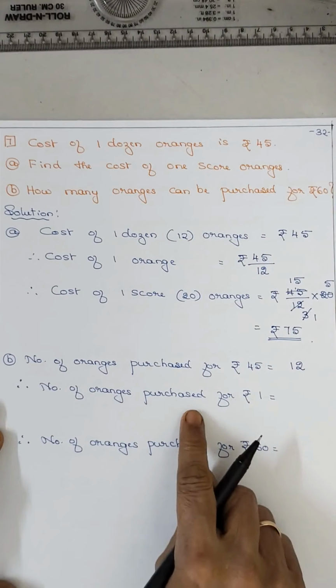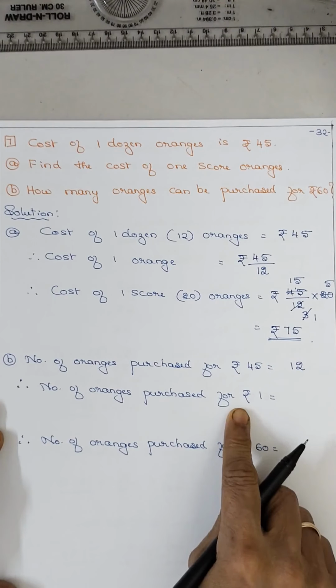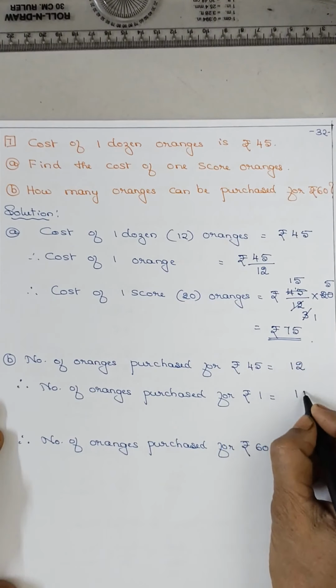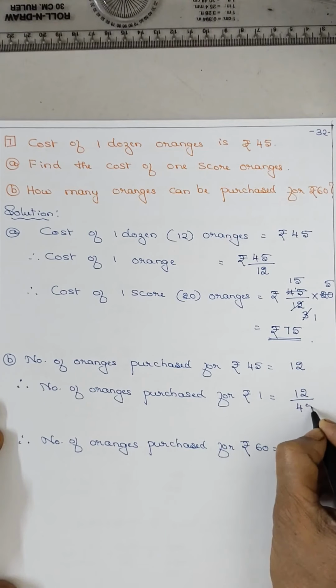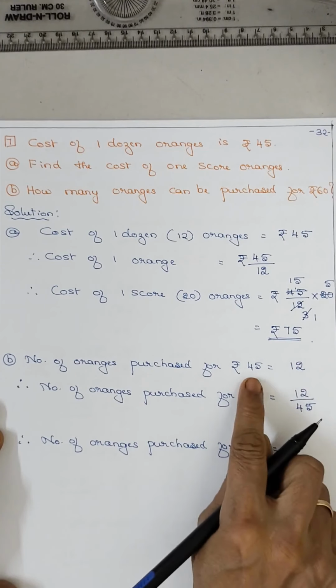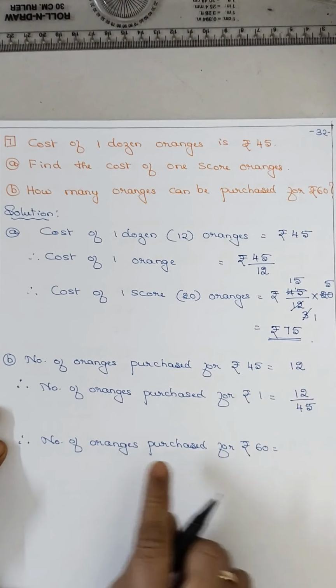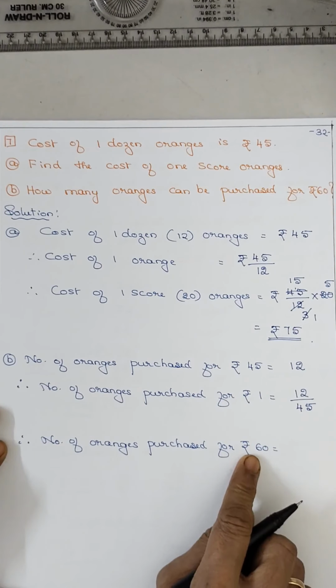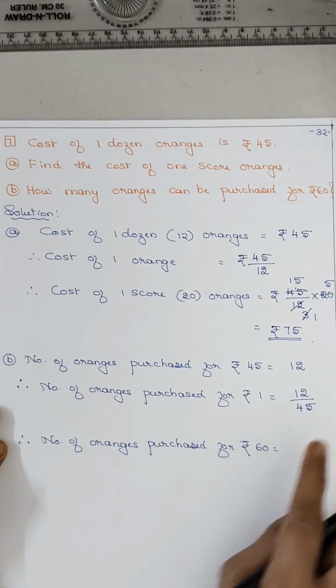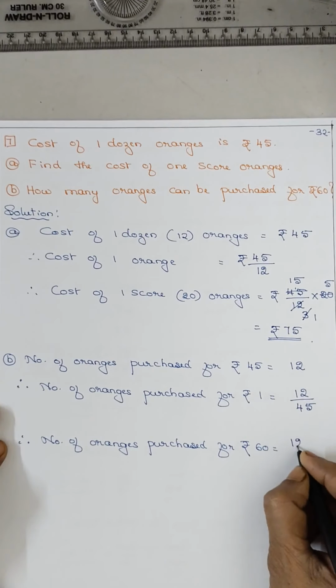Now number of oranges purchased for rupees 1, that is 12 upon 45. Now number of oranges purchased for rupees 60. How many it will be? 12 by 45